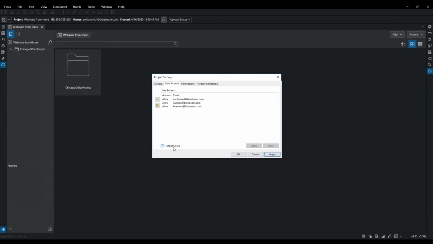Most of the time, you're probably going to want to leave that on, depending on the type of proprietary information that you have, or you just want to be able to control the flow of who's in and out of this project here. So we're going to leave restrict users turned on, which means you do have to have an email address from me in order to get into this project here. So if you've got a hold of that 9-digit ID, you still wouldn't be able to get into that session.